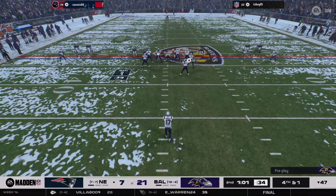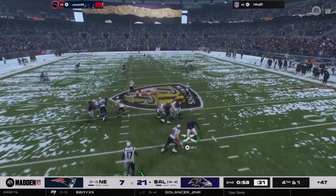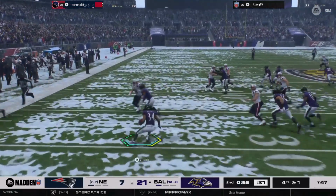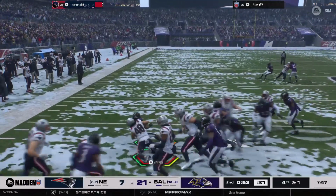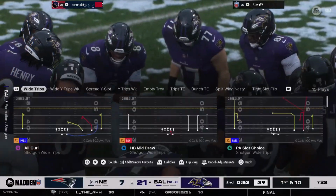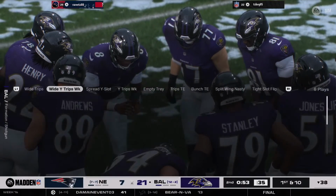Here's Bryce Baringer now. And he'll get this away into the icy winter air. 12 yards on the return that time. And out will come the offense as they take over. 38-yard